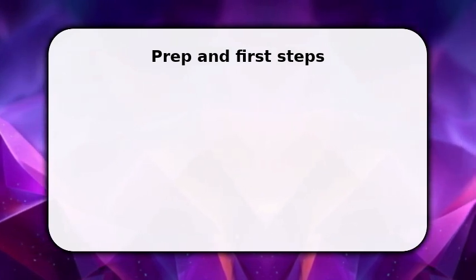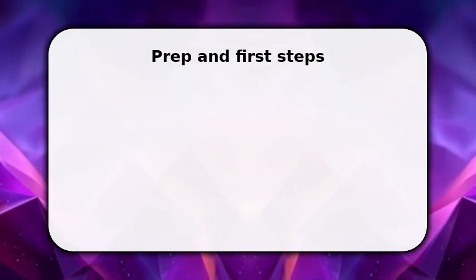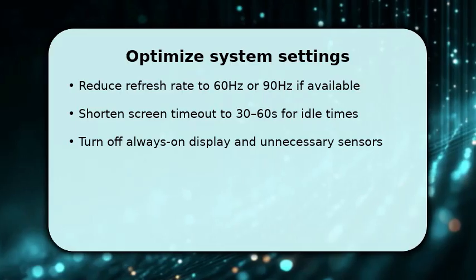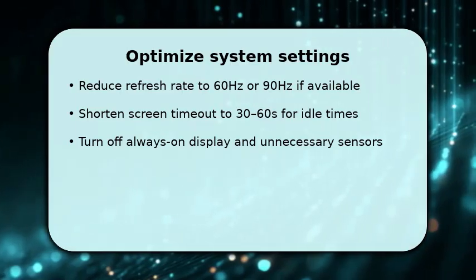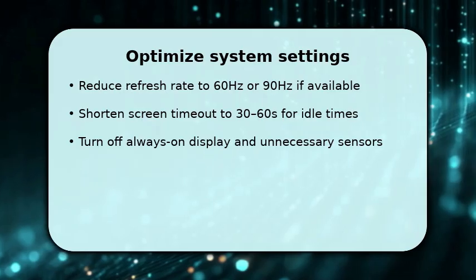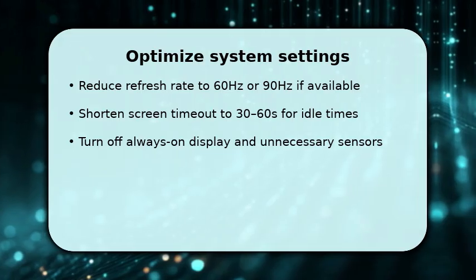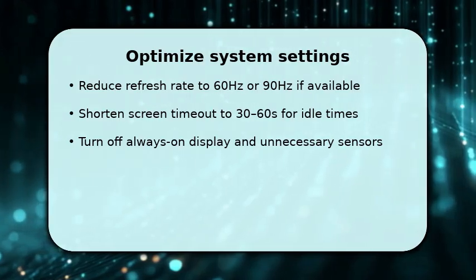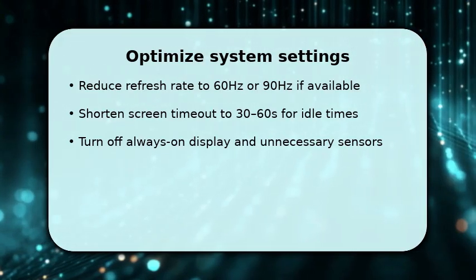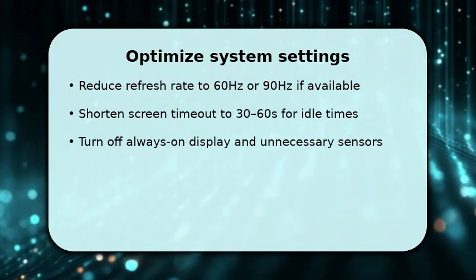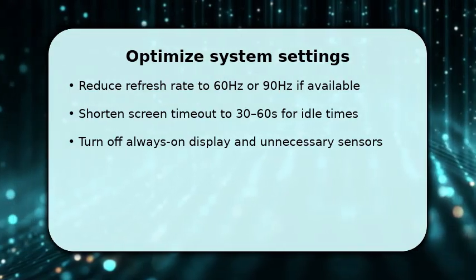Drop the refresh rate from 120 Hz to 60 Hz or 90 Hz. Smoother visuals cost battery. Next, shorten screen timeout to 30-60 seconds for idle periods so the screen sleeps faster between interactions. Turn off always-on display and unnecessary sensors like NFC, Bluetooth, or location when not needed, because those keep the